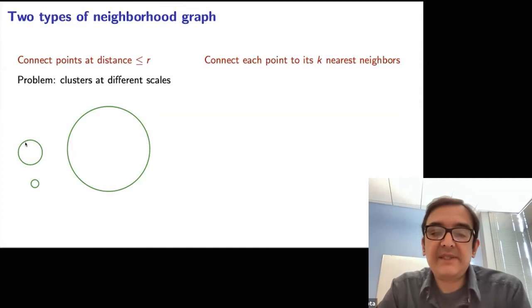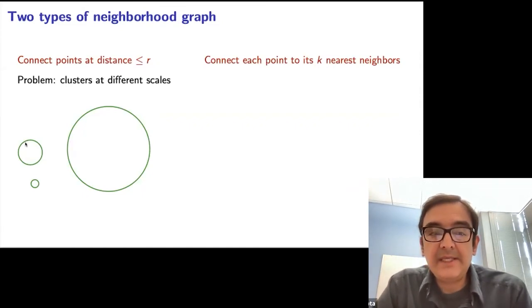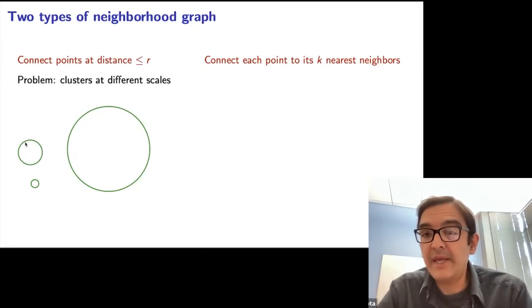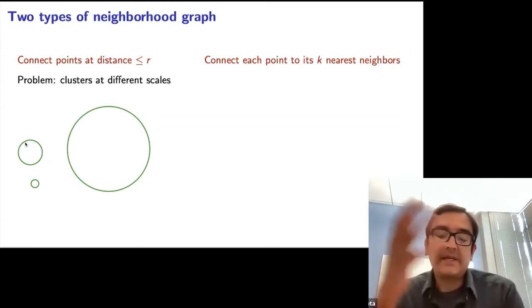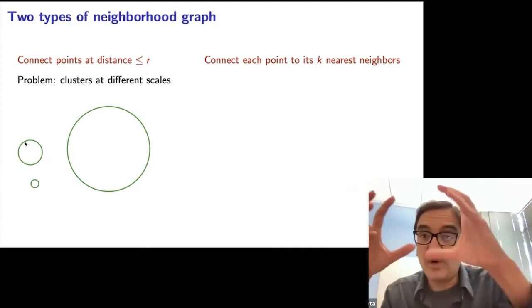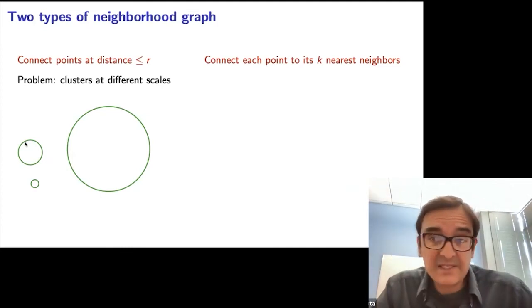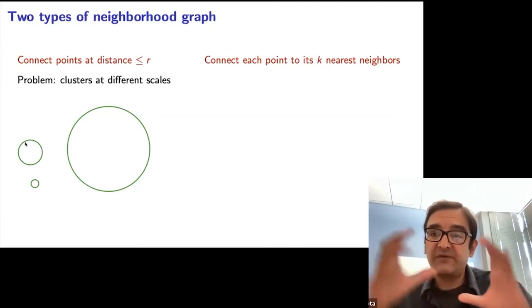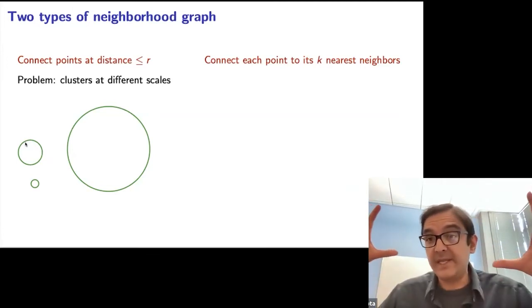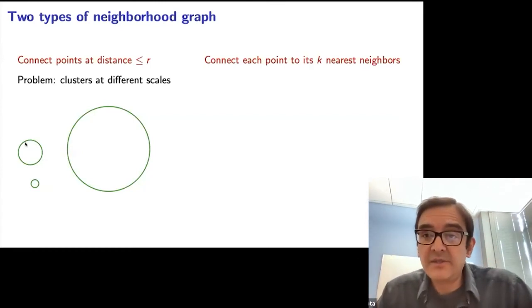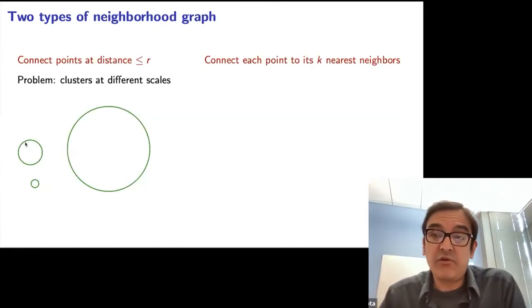This kind of multi-scale structure is not pathological. It's really the norm, okay? Even in very simple data sets, for example in something like MNIST, the natural clusters are the zeros, the ones, the twos, and so on. And these clusters have very different sizes. The ones, for example, are a cluster of very small radius relative to something like the eights, which are much larger. So multi-scale structure is the norm.